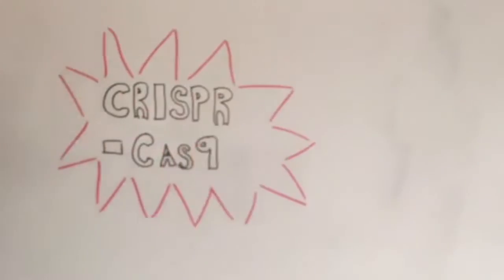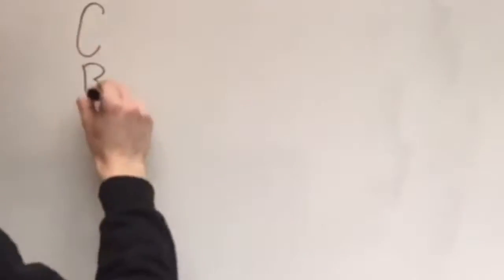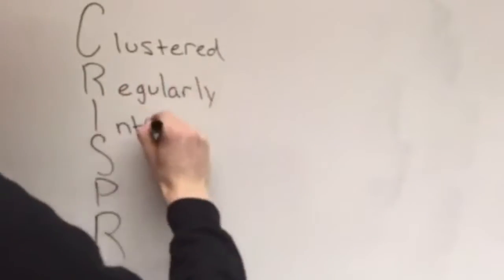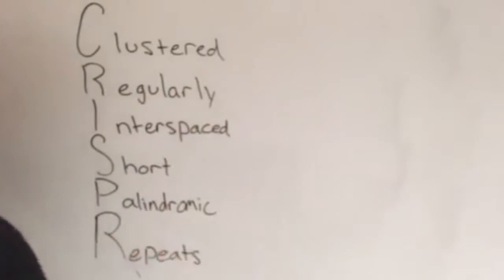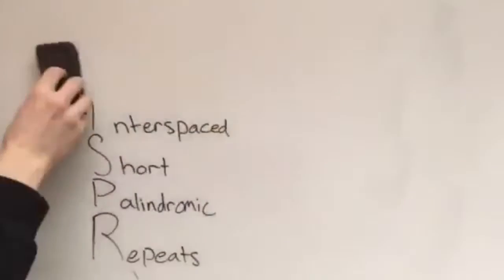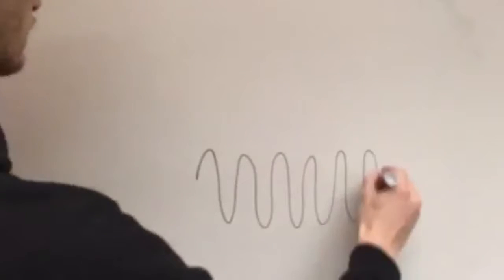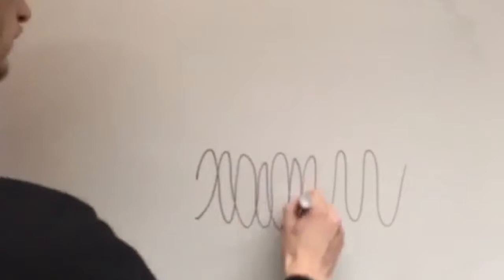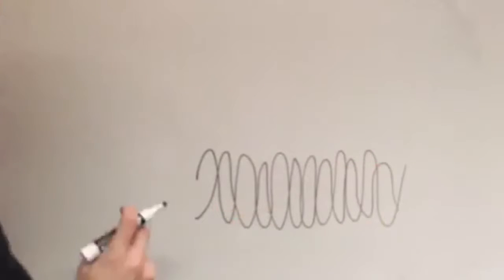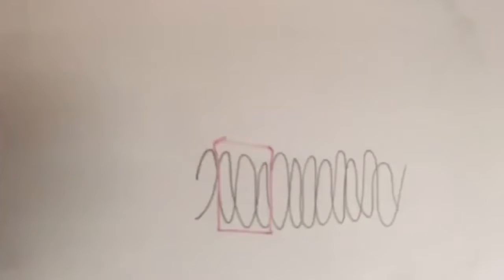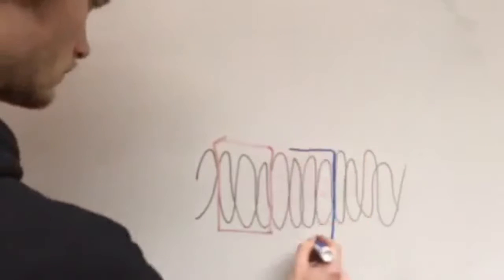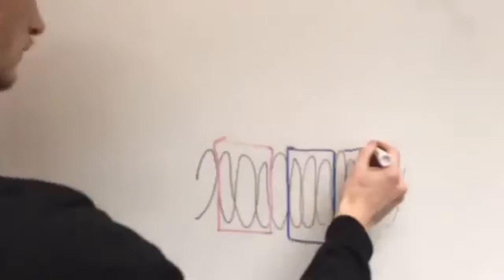So what is CRISPR-Cas9? CRISPR stands for Clustered Regularly Interspaced Short Palindromic Repeats. The repeats are short palindromic pieces of DNA, meaning they are 20 to 40 nucleotide long segments that read the same forward and backwards, just like the words kayak or race car. So we have a bunch of these repeats lined up, but instead of all being connected, they are separated by a spacer DNA, hence the regularly interspaced part of the name.